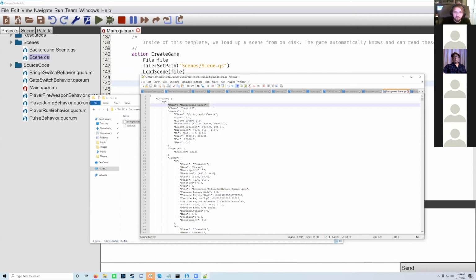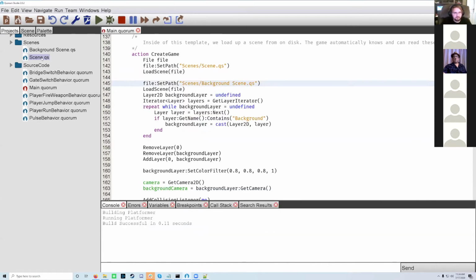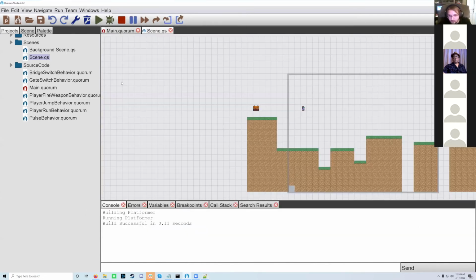And if you look at the actual scenes, this is the scene where I have all of my gameplay elements, and you can see that there's no background whatsoever. It doesn't have any of the grass or the trees or the rocks, just the various knickknacks. This is just the platforms of the level and the different items I have as power-ups. Whereas if I look at the background scene,